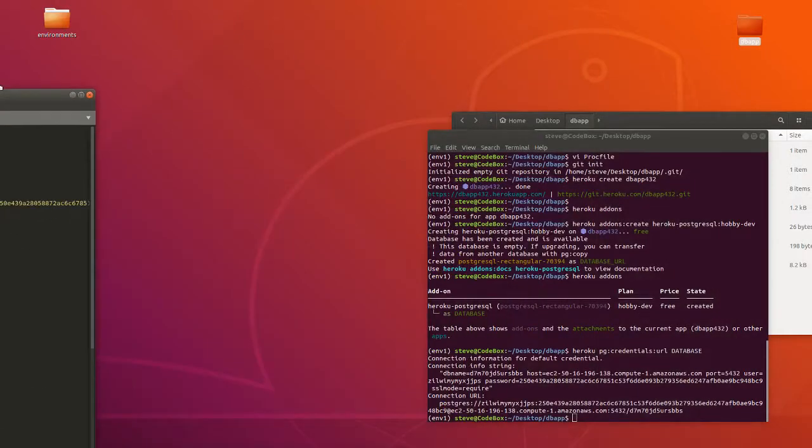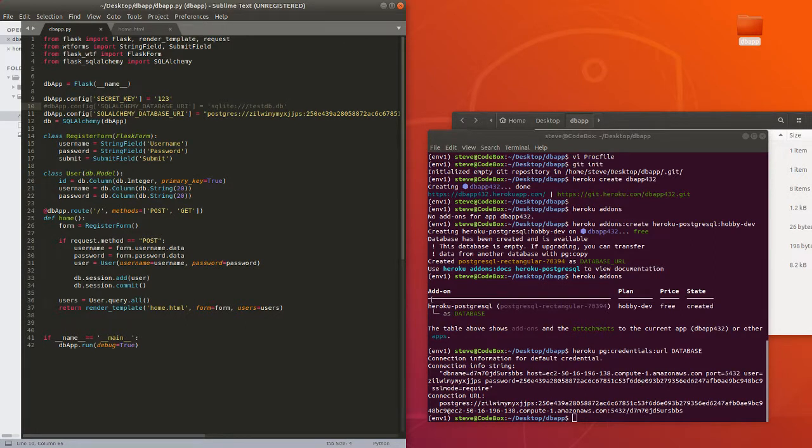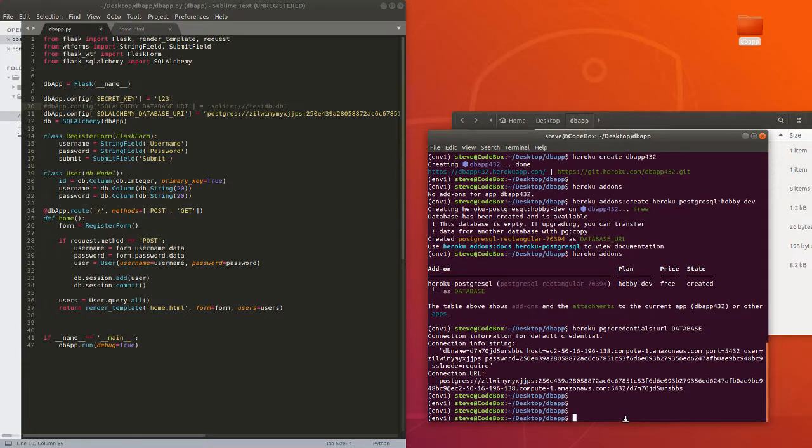We got the URL string there. And I think we're about ready to push our code to the Heroku servers. We added our files, we created our app, we created the database, we updated the URL, and now we're going to set up the remote. We do need to set up the remote